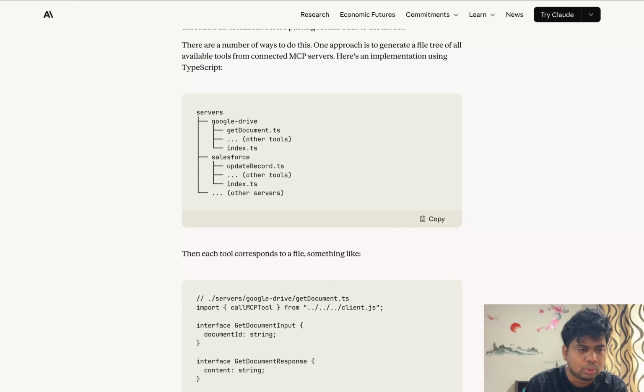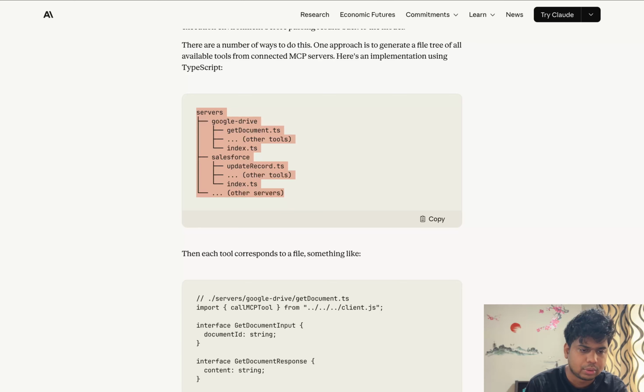It will load only the required files as per our user query, and this will consume way fewer tokens